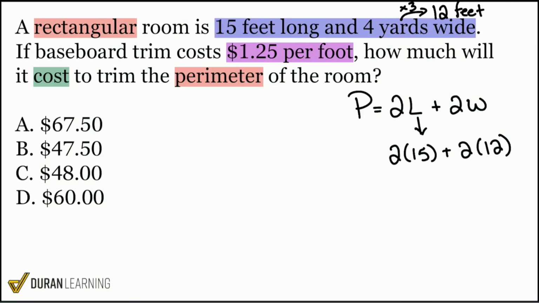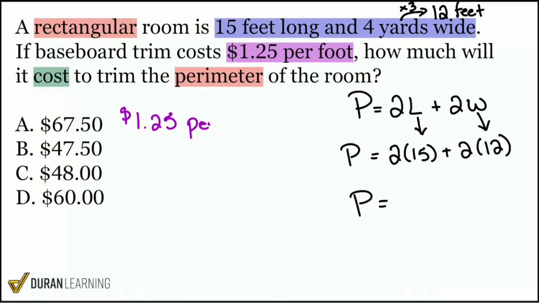So once we do all this, everybody, before I actually calculate and I get my final perimeter, what am I going to be doing after I'm done calculating the perimeter? Let's think ahead here. What am I supposed to do once I get the number of feet that borders or makes up the perimeter? Yeah, we're going to be multiplying. Now, why are we multiplying? Let me help you out. I got you. We are paying